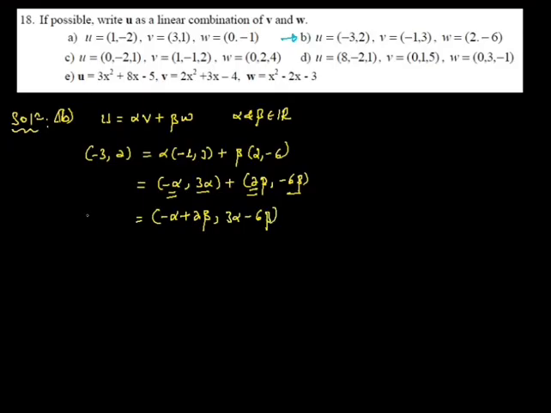Okay, these two are the same column by comparison. -3 is the same as -alpha plus 2 beta, so -3 is equal to -alpha plus 2 beta ይሆናል። Again 2 is the same as 3 alpha minus 6 beta, so 2 is equal to 3 alpha minus 6 beta ይሆናል።